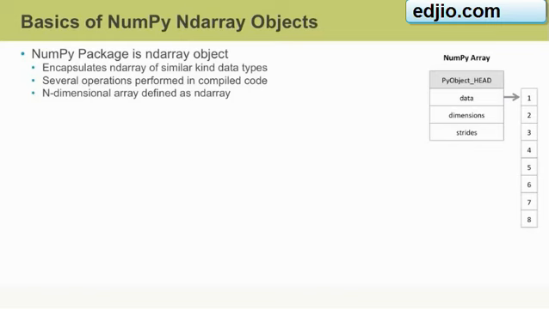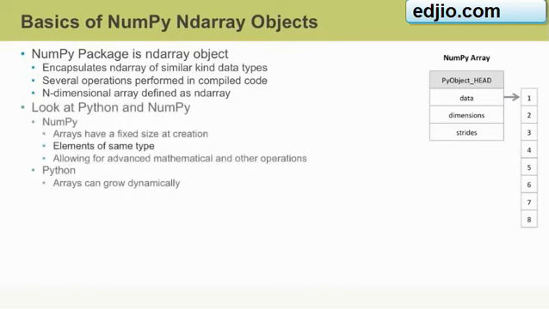Now, in comparing regular Python arrays with NumPy arrays, we know that NumPy arrays have a fixed size upon creation, and that a NumPy array is a table of usually numerical elements that are all of the same type. The elements of the table are indexed by a tuple of positive integers, and the additional attributes of the NumPy ndarray object allow for advanced mathematical, algebraic, and scientific operations, among others. Python arrays, on the other hand, may be grown dynamically,